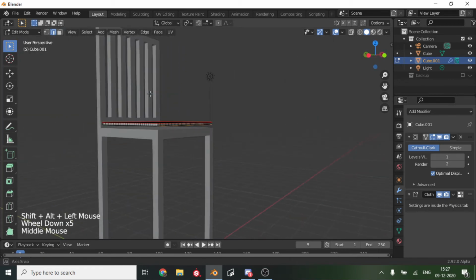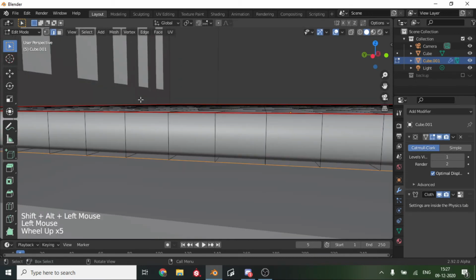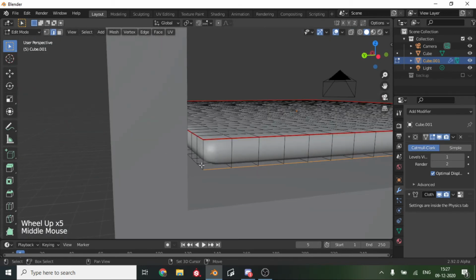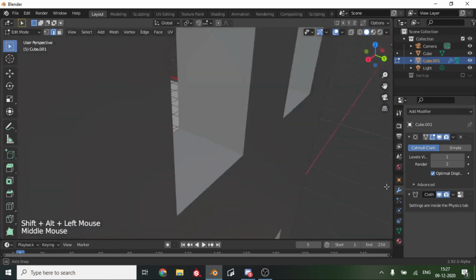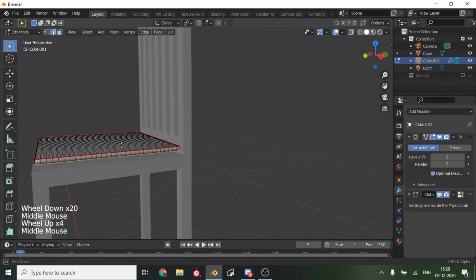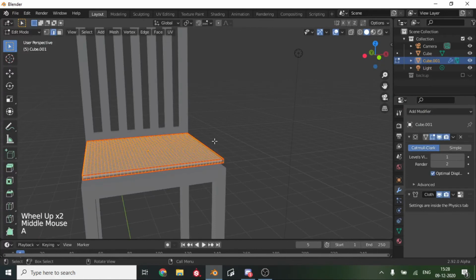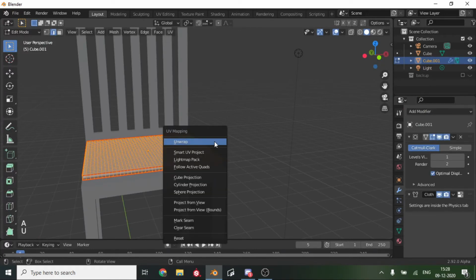For you it should work with double clicking Alt or Shift double clicking Alt, and if for some reason it does not work, then you can do Shift Alt and Mark Seam. Once we are done with that, we can go A, U, and Unwrap.